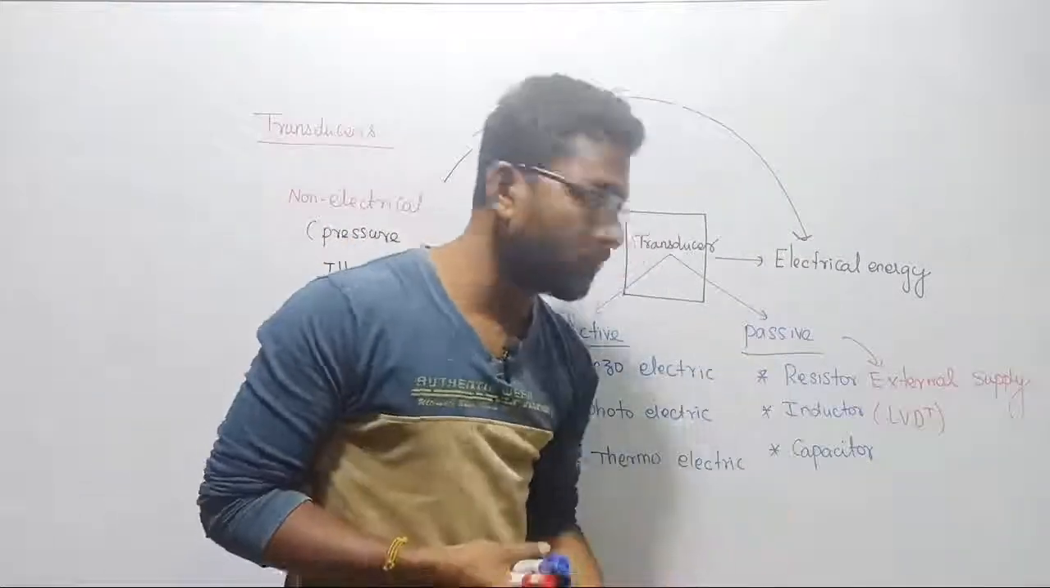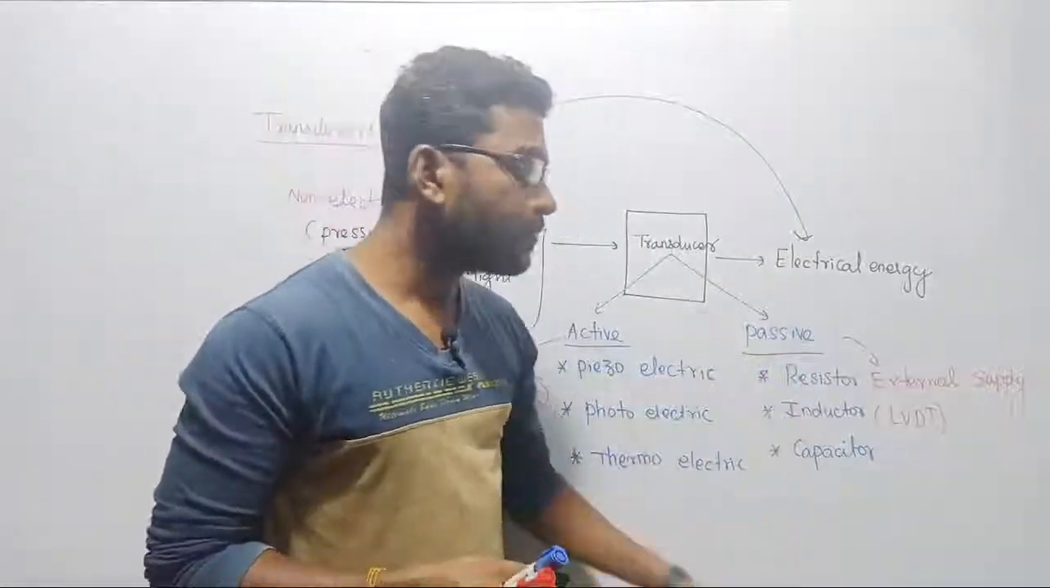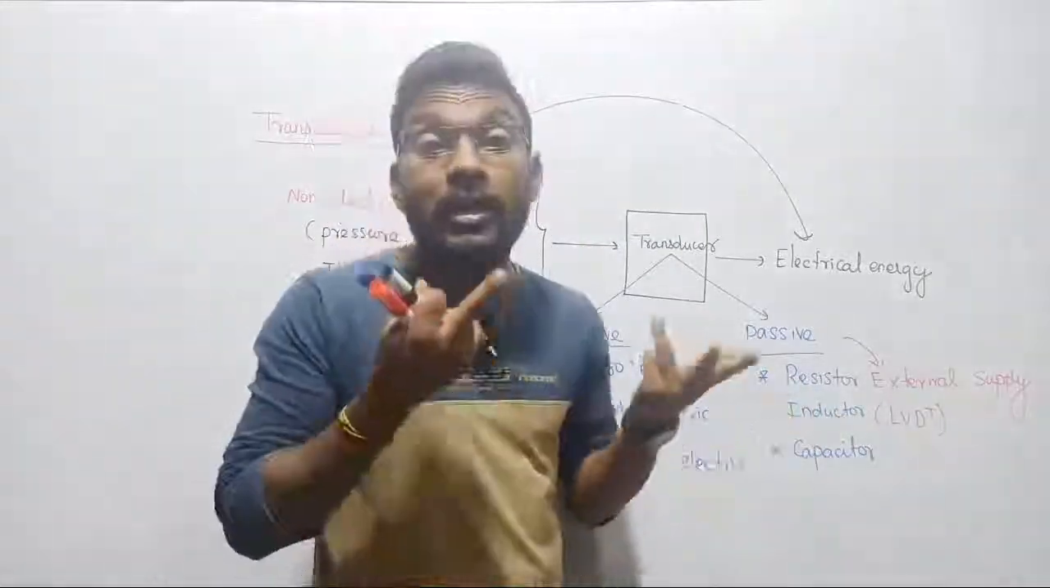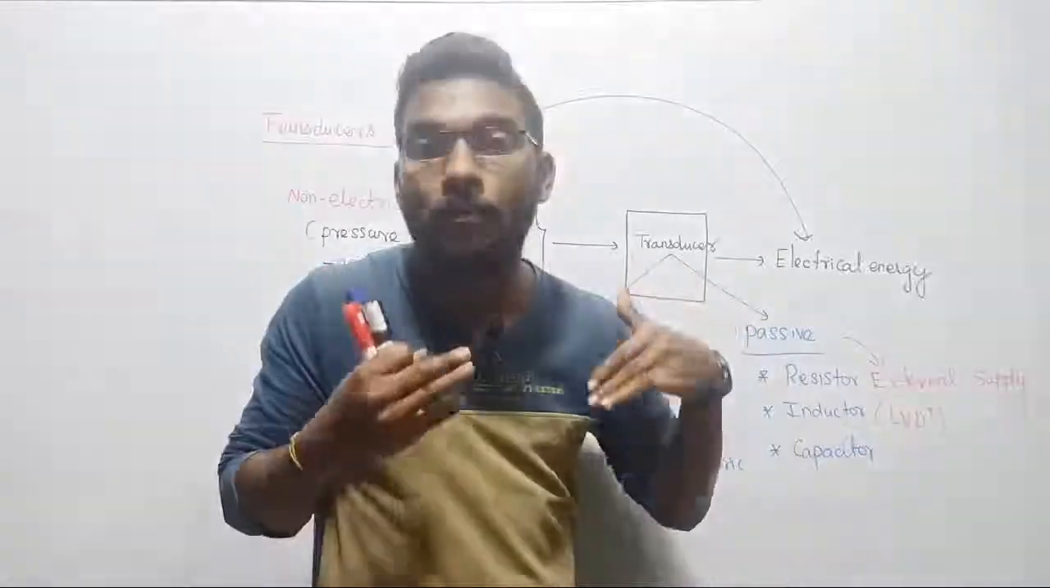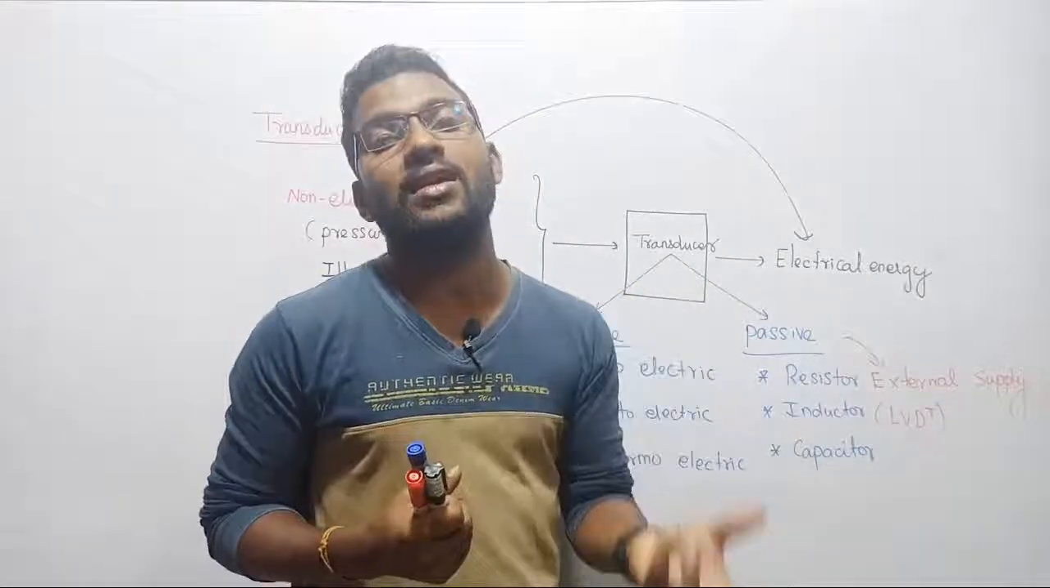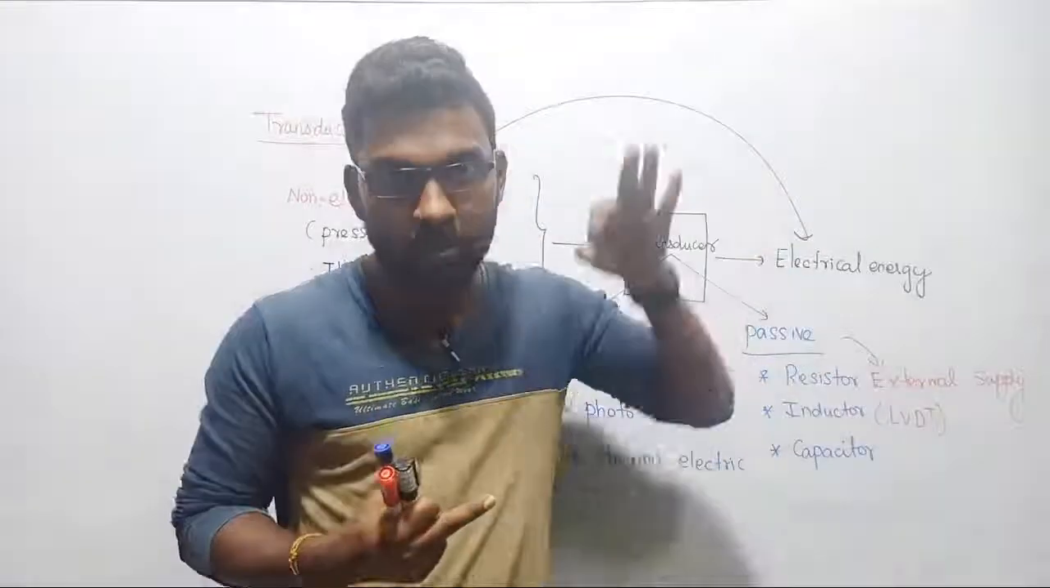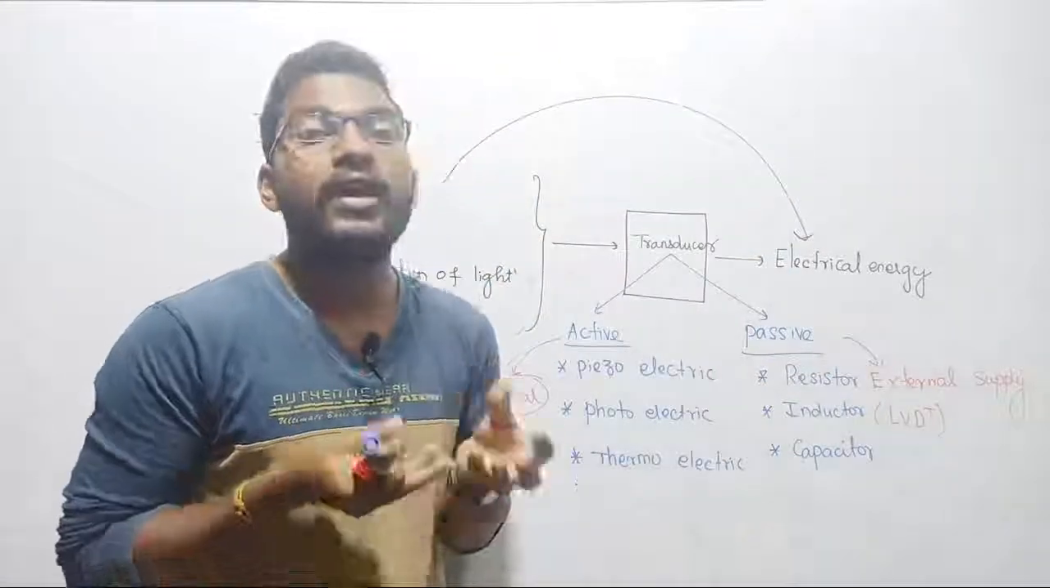Then what is the purpose of the passive transducer? If you want to obtain variable resistance in the output, variable inductance, or variable capacitance, then variation in the capacitor, variation in the resistor, and variation in the inductor is possible. If you want to obtain variable values,